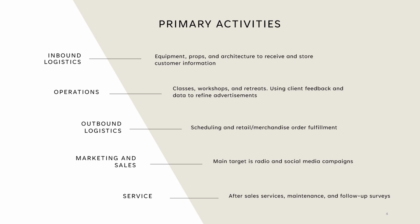Marketing and sales is promoting, advertising any of our services, and so these are the specific activities that Balance will undertake to boost sales and product awareness. And so we will have several marketing campaigns launching both on radio and social media to enhance our brand awareness. And finally, service. This is from the customer support team, anything that's required to maintain quality control. And so the service piece is really just part of management and making sure that all clients and consumers are